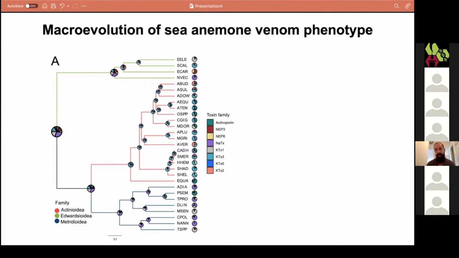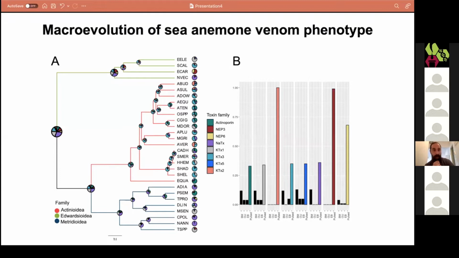We then wanted to understand how the venom phenotype has evolved across sea anemones. So we performed ancestral state reconstruction, and quickly we see that the venom phenotype is maybe a bit more diverse, meaning that not a single toxin family is really dictating the venom phenotype. However, this should be taken in consideration that many of these values are not statistically significant. And I think this is likely the result of the fact that toxin expression is evolving in a highly dynamic manner. And to test this,